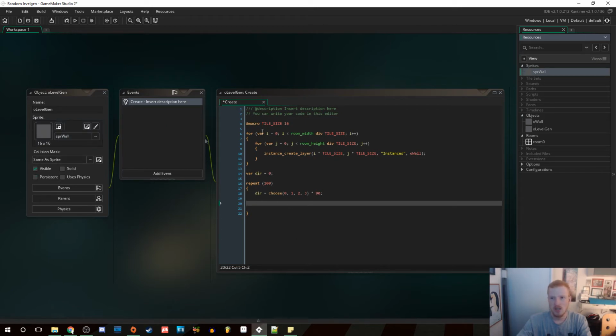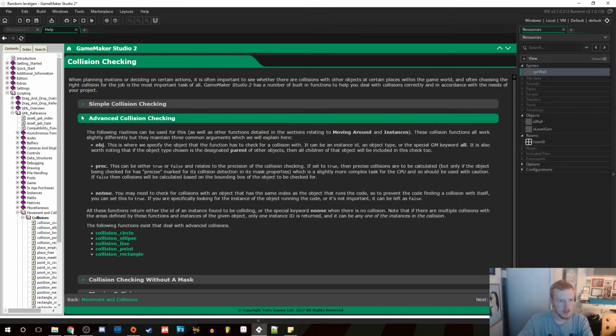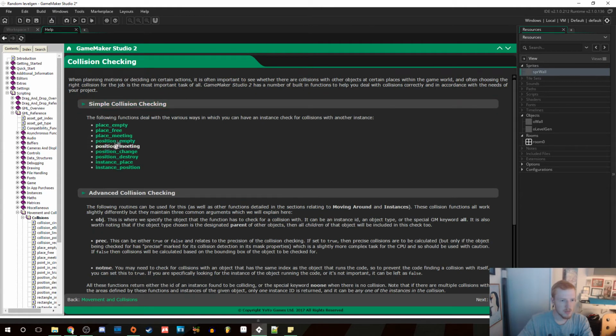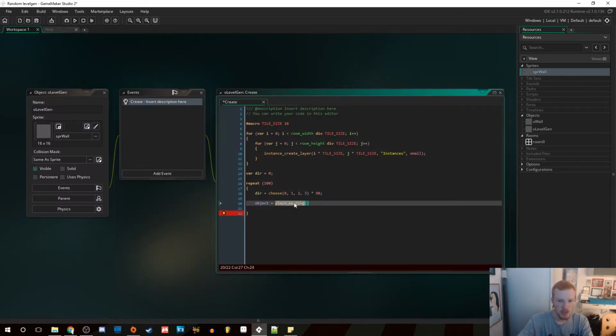First of all, I'm just going to assign the same sprite as a wall to our level gen. And this will just make sure we can use, now it has a collision box, so we can check for collisions. So first of all, we're going to have a variable called object, and we're going to set it equal to, it's not the place meeting, it is another variable that we'll need, oh sorry, it is instance place, that one. We want to use the instance place,